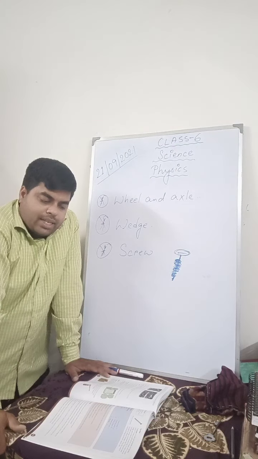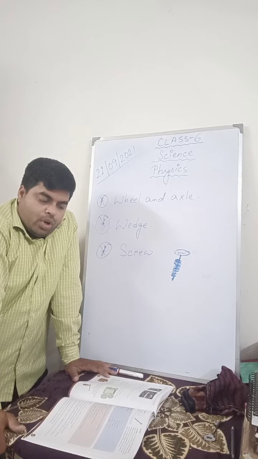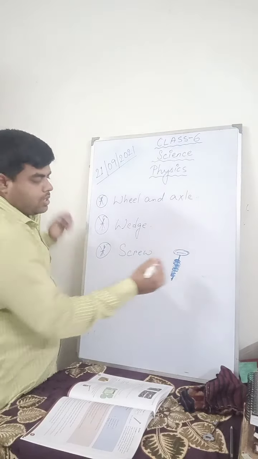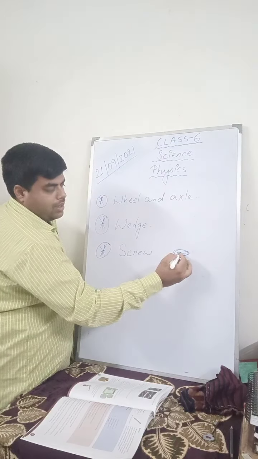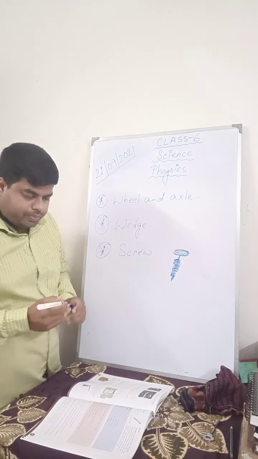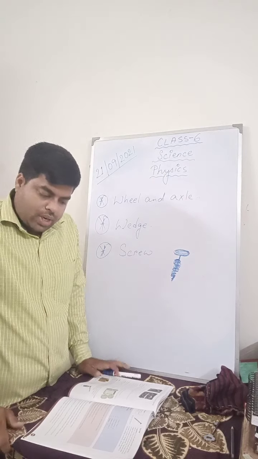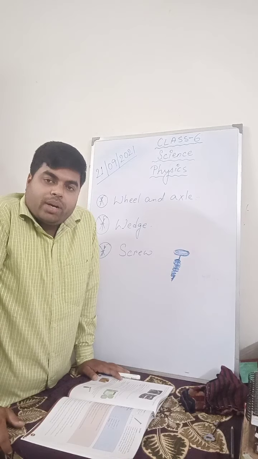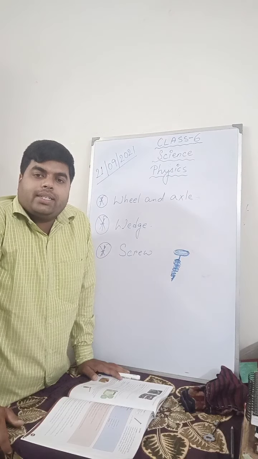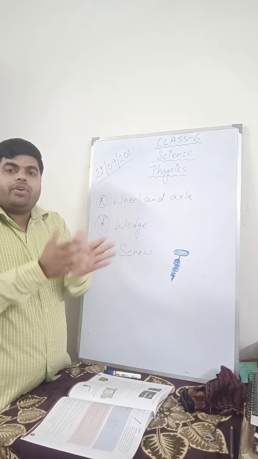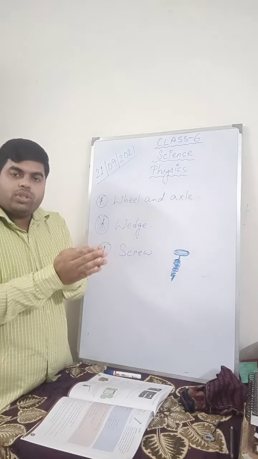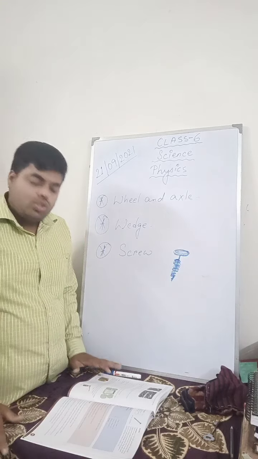It has a cylindrical shape with a sharp edge and a blunt circular top. That means the spiral binding is very sharp, and it has a blunt top and a pointed mouth. Screws can be turned using a screwdriver. They are used to join or attach things. If you want to join two things, screws are put inside so that the two things attach themselves.